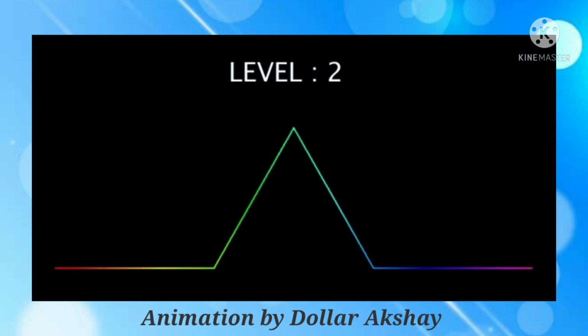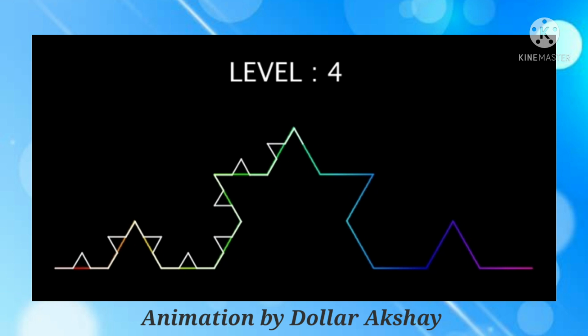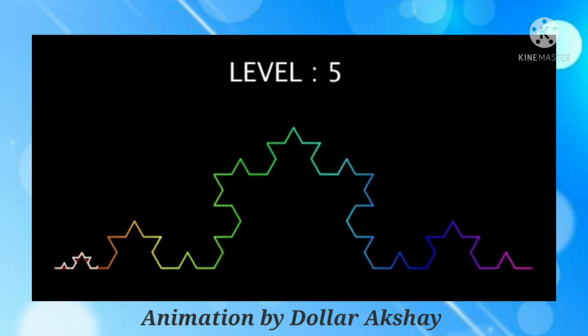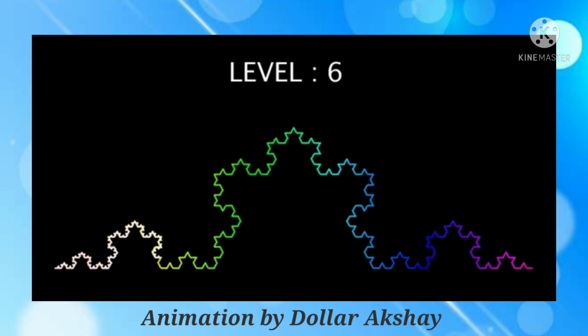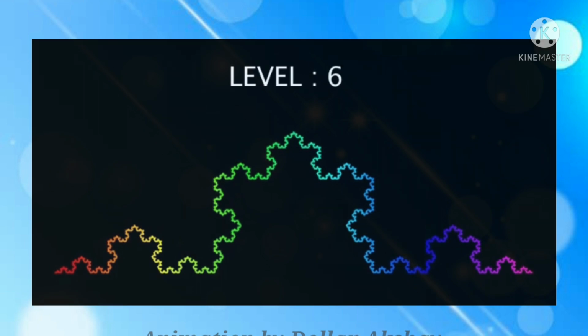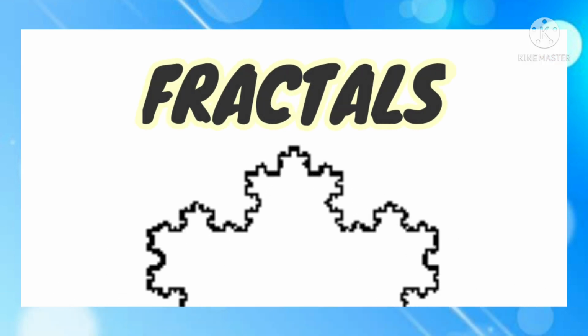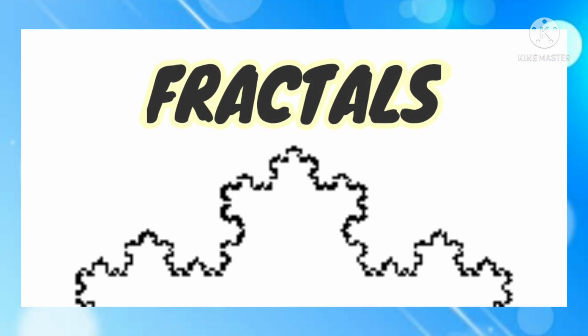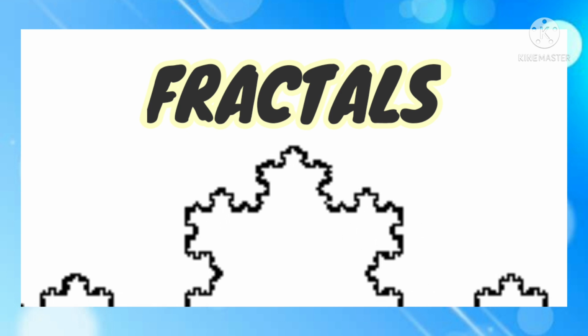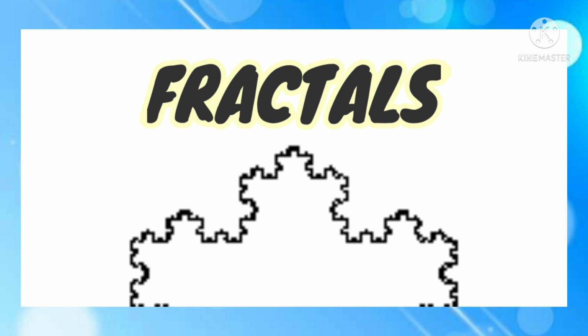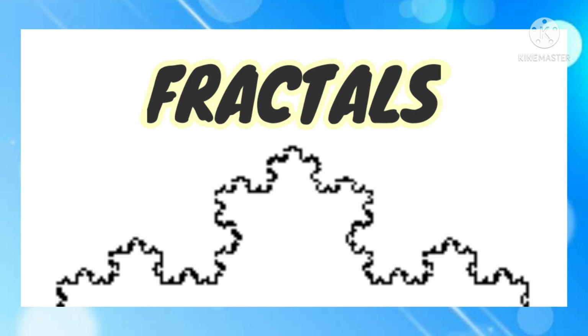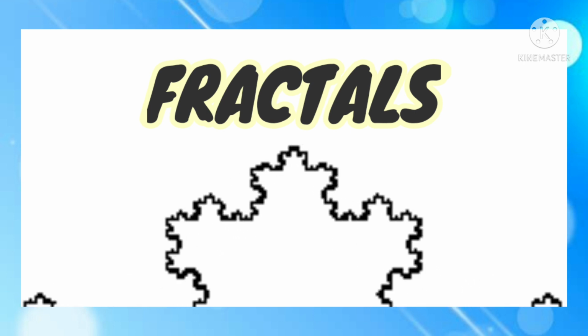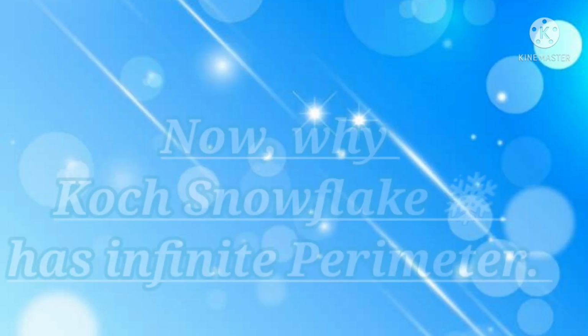From this animation you can see how the Koch snowflake is constructed out of an equilateral triangle till the 6th level and how it gets its shape. No matter where I look or how much I zoom in, I will see the same patterns over and over again. These never ending patterns, which on any scale, on any level of zoom look roughly the same, are called fractals. So this is how fractals look, and that's why the Koch snowflake is considered a fractal.